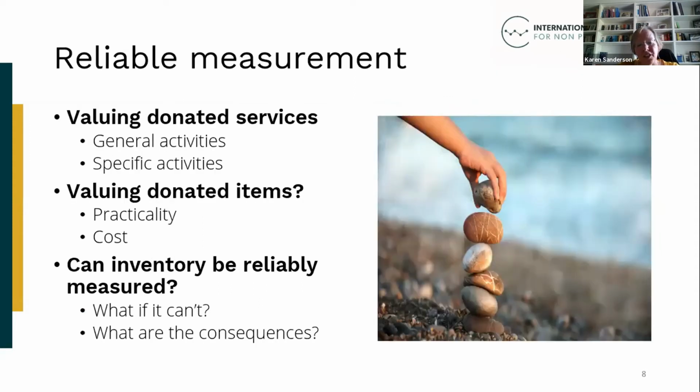So having determined whether an NPO controls an asset, it will then need to ascertain if it can obtain a reliable measurement of the value of the resources that have been donated or contributed. If it's cash, that might be more straightforward, but less so if it's a contribution of an asset or a service. An NPO will not be able to recognise any revenue on receiving the donated item if it can't obtain a reliable measurement for it.